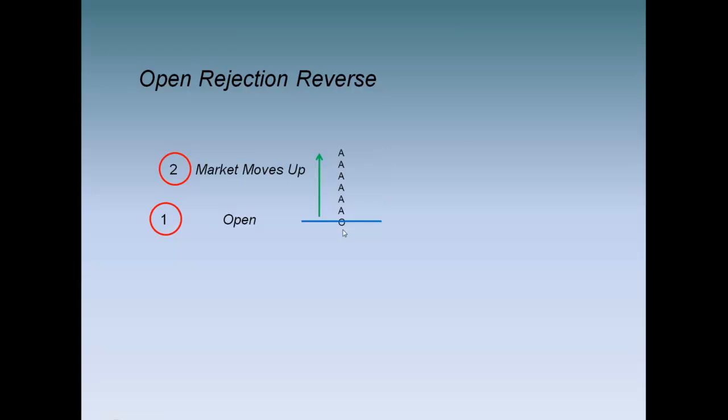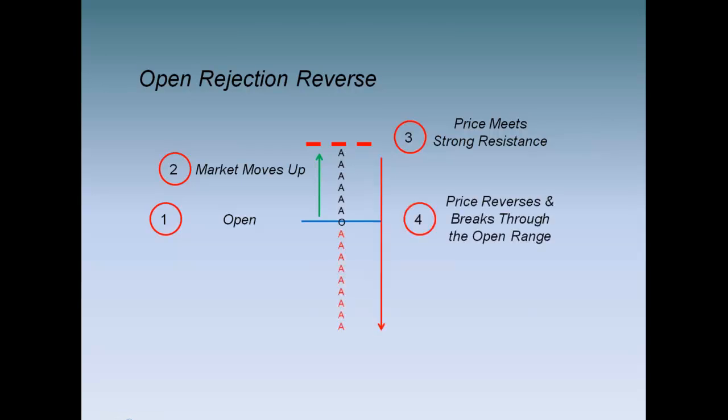It could just as easily be moving down. The direction makes no difference in the open, rejection, reverse. It is just that we have a strong directional move, just like we do in an open drive. But we meet strong resistance. So what is going to happen now is we're going to find that prices reverse and break through the open